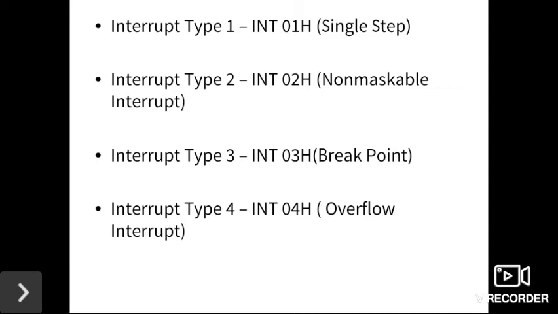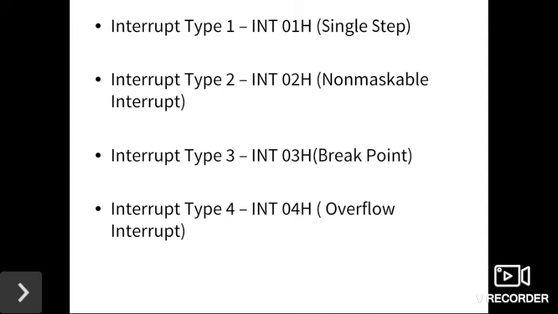If they are correct, the user can give the command to go on and execute the next instruction. So that is called single stepping. When the 8086 trap flag (TF) is set, the 8086 performs a type 1 interrupt after execution of each instruction. When the CPU gets a type 1 interrupt, it initially pushes the flag register onto the stack, changes the trap bit, and pops the flag register back from the stack.